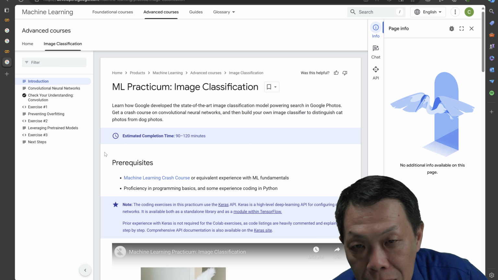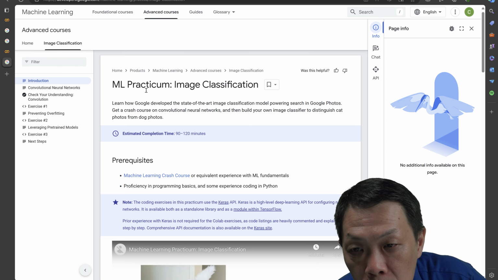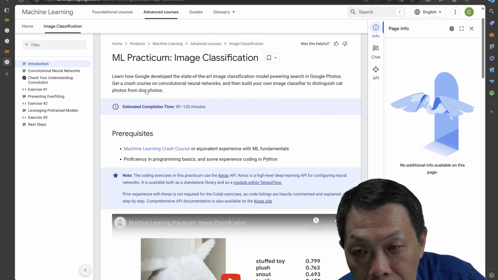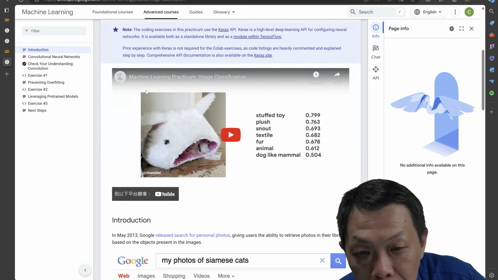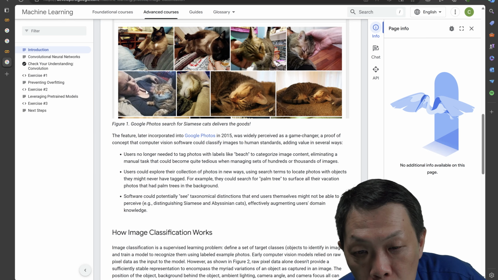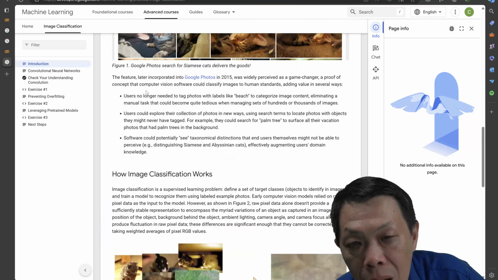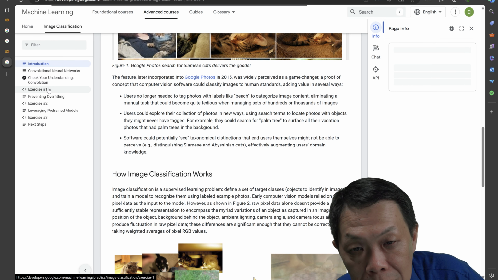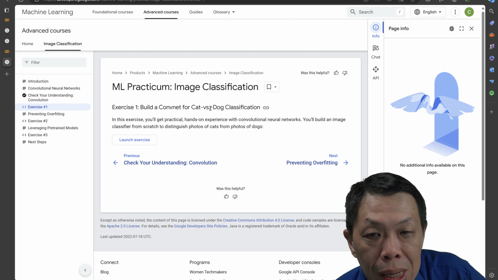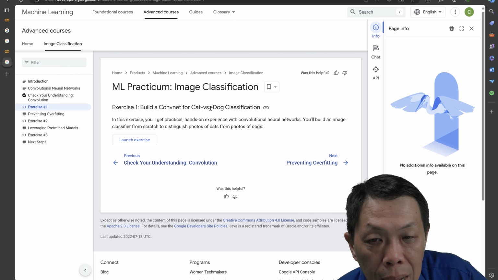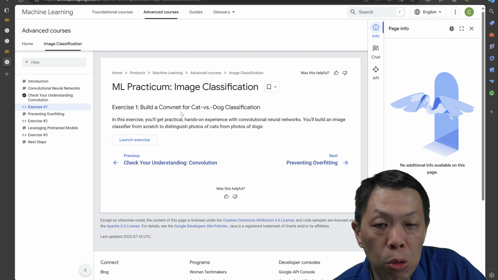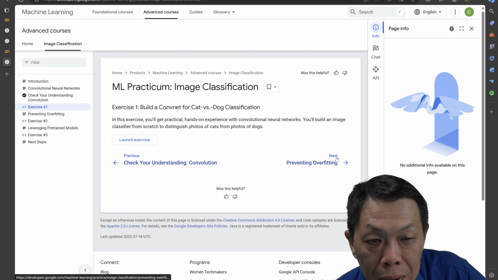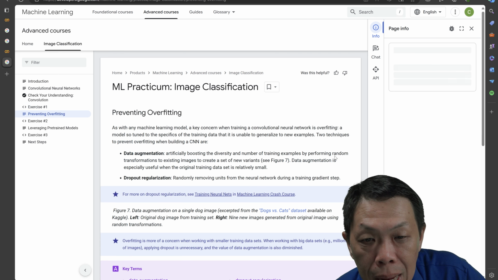So in the advanced course on Google's side, here is an example with a data set you can download, and here it provides three exercises. The three exercises are pretty good. They help you to build a convolutional neural network to recognize cats and dogs.